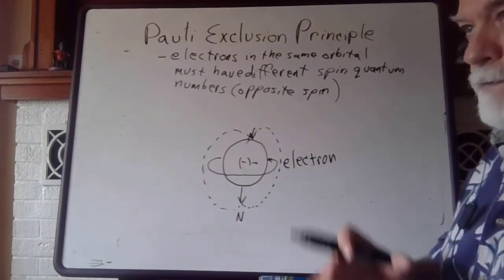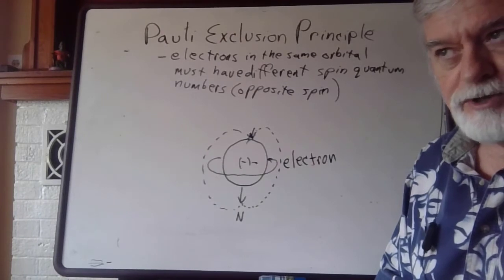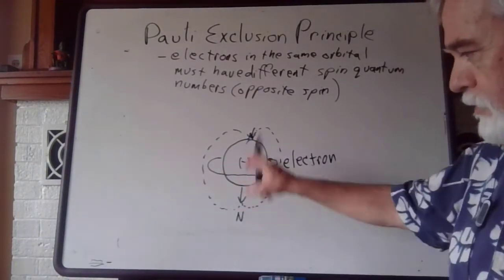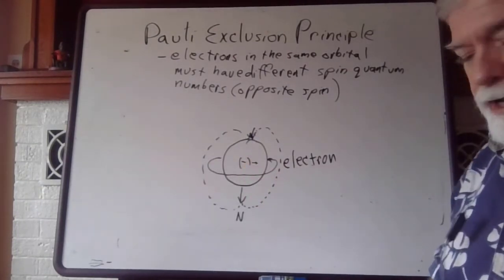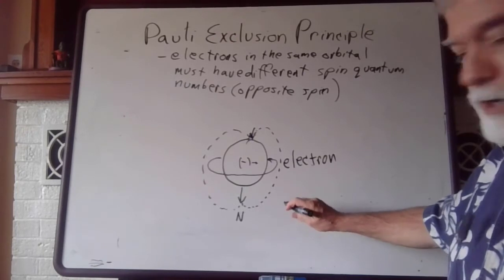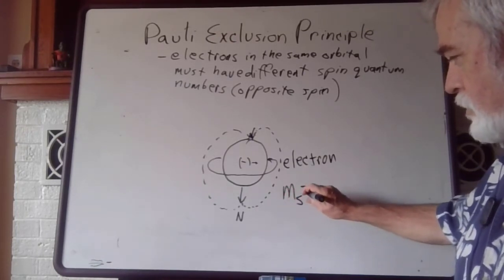So it turns out that the value that comes out of the Schrodinger equation for spin is either plus or minus a half, depending on whether it's pointing up or down. So pointing down, for that situation, the spin quantum number, which is designated m sub s, would be equal to